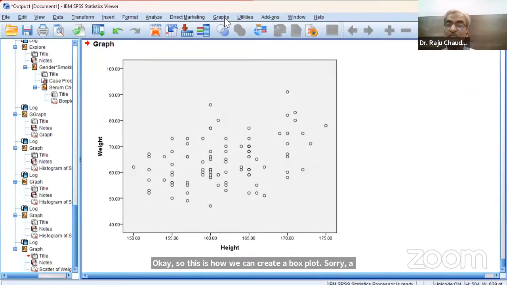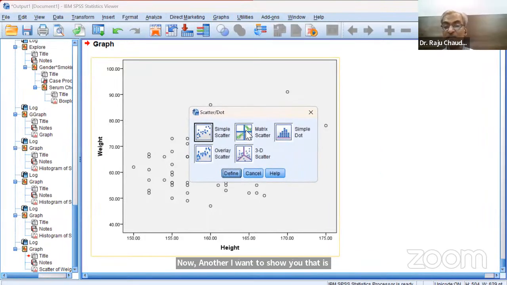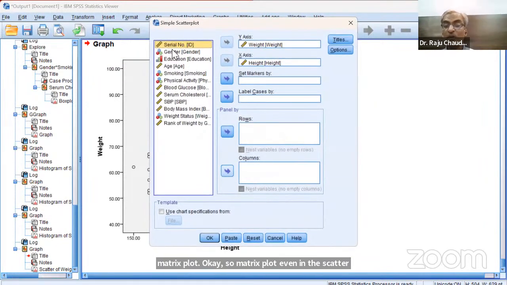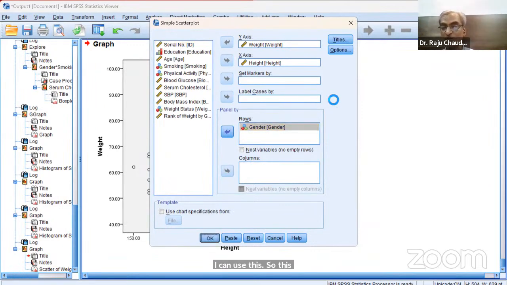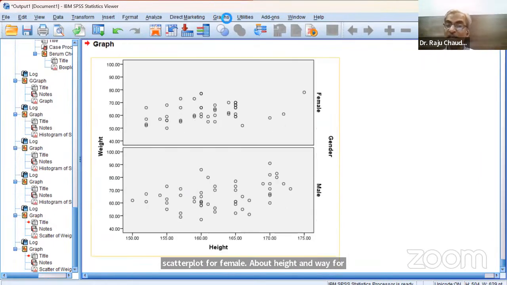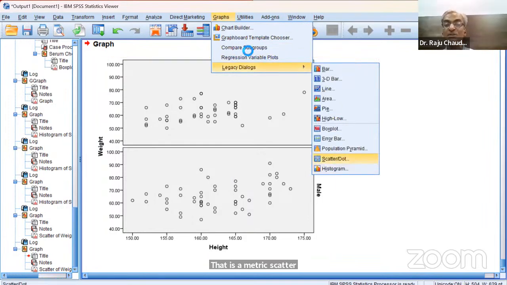Okay. Now another I want to show you, that is scatter plot, matrix plot. Okay, so matrix plot. Even in the scatter plot, suppose I want to visualize for male and female separately, I can use this. So this is a scatter plot for female about height and weight, for male about height and weight. Exactly same way we have another scatter plot, that is a matrix scatter plot, right? So basically matrix scatter plot is used